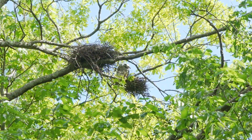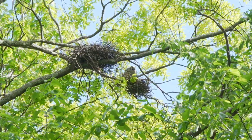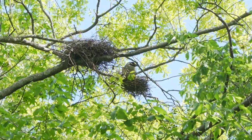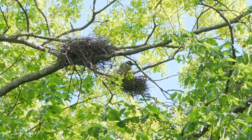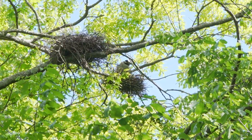Upon entering the park, I see several yellow-crowned night heron nests. This is the summer and the breeding range for these birds, and these are migratory birds that are monogamous. And they typically lay 2 to 8 eggs per